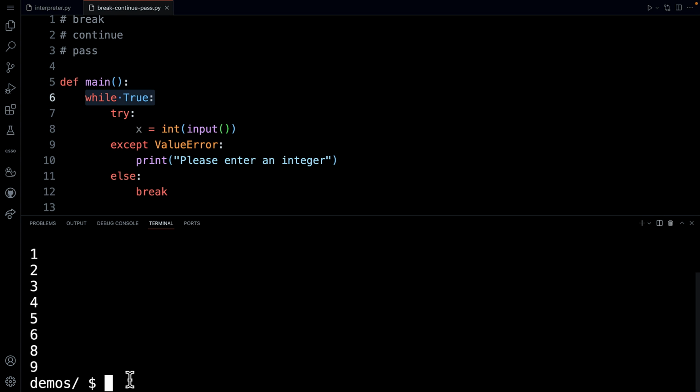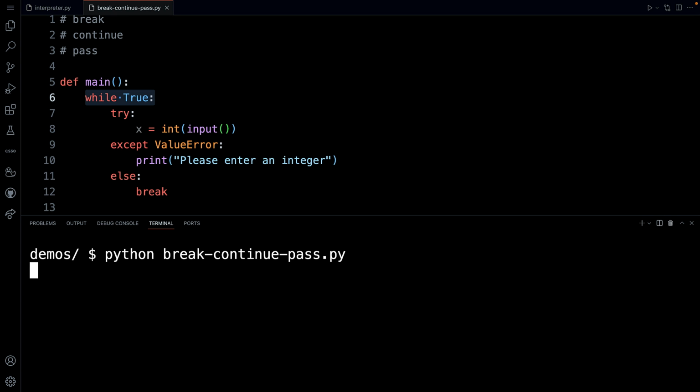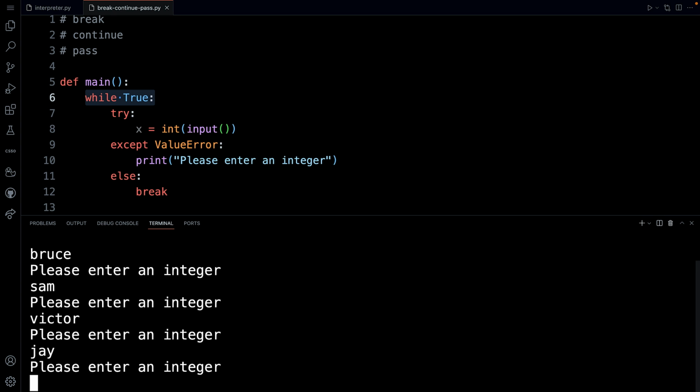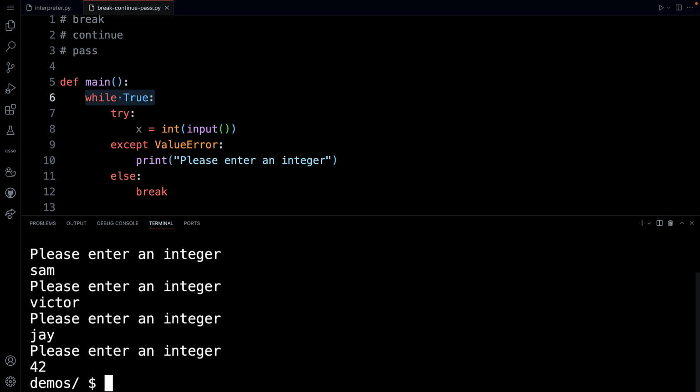So let me clear the terminal and run my code again. Right now it's prompting me, and if I enter Bruce, it's going to tell me to please enter an integer. If I enter Sam, or Victor, or Jay, the loop is doing what you think it would. But the moment I enter what is being asked for, and you've seen me do this in other videos before, I'll enter 42,